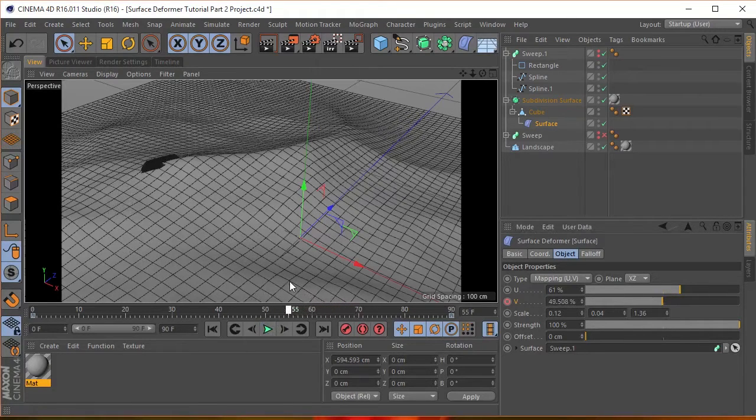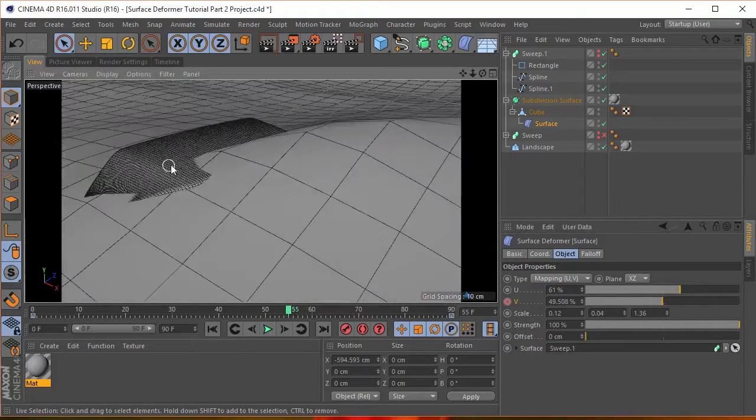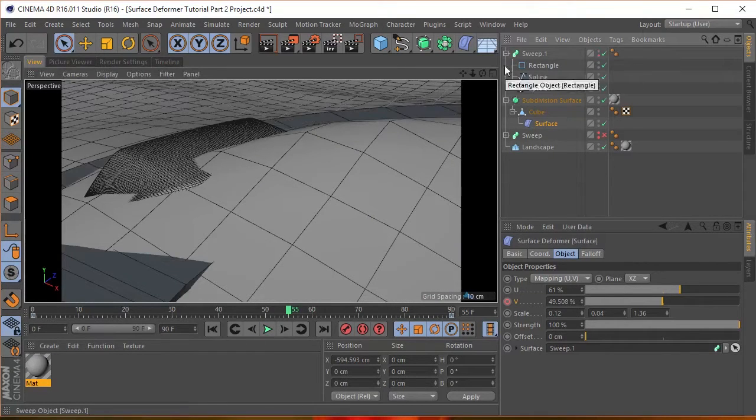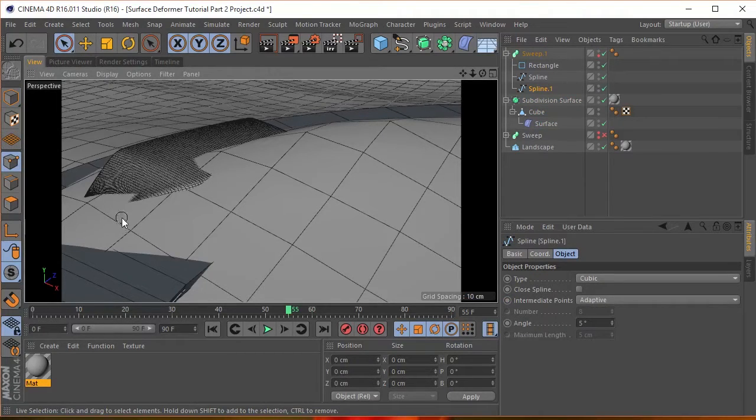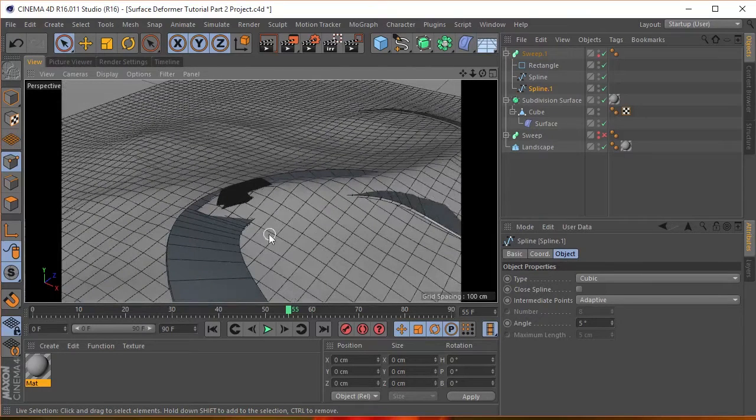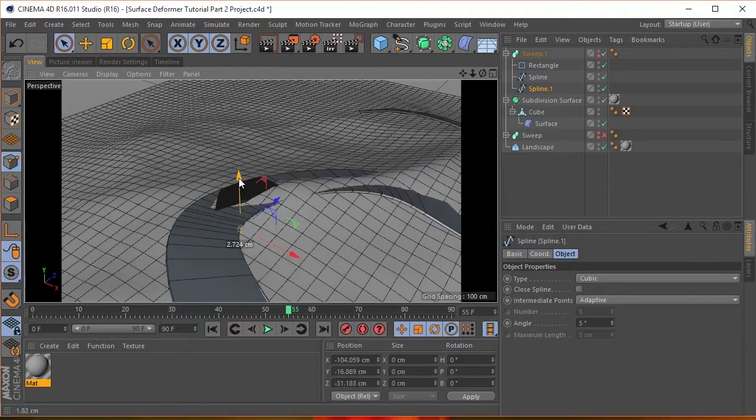Now here's an obvious challenge. See how it's cutting through right there? Well, you know that's because in the sweep here, we need to find a point. I want to bring that up, bring this up. Actually,